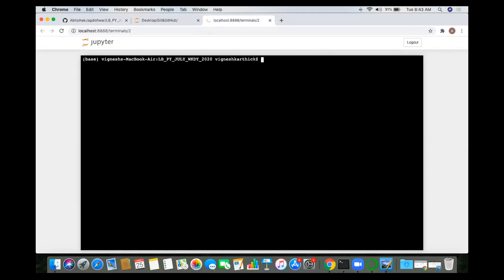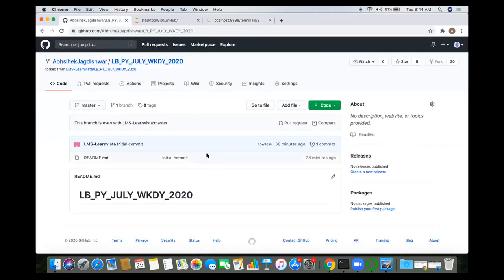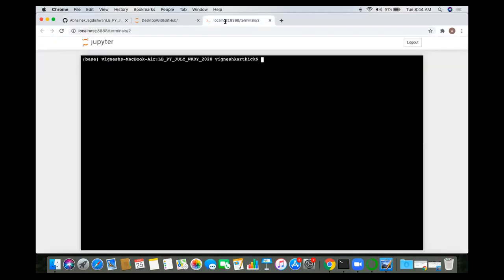Suresh, you asked me about doing git init. You will not be doing git init here, because you are directly cloning the repository from the cloud. A GitHub repository is always a git repository, so you don't have to do git init. In case you are creating a local directory on your system and then you want to initialize it as a git directory, then you have to do git init. So it is not mandatory for us here, correct.